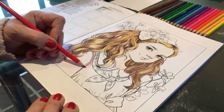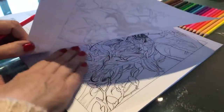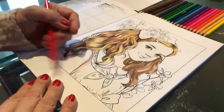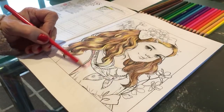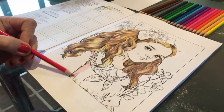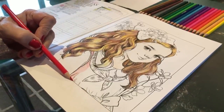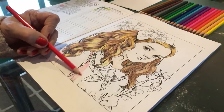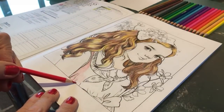Now, if I was going to use pencils all the time, I would put a piece of card or something underneath, because when you draw like this, pencils tend to go through paper like this. But again, I am not a pencil girl, so all your wonderful colorists out there who use pencil, look away now. And I'm just going over it with one complete pale, so that's going to allow me to